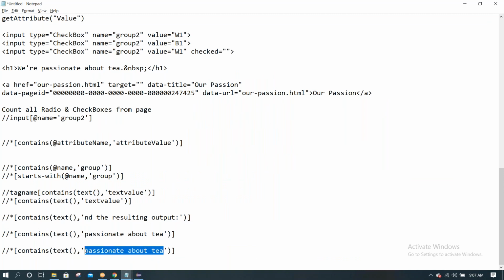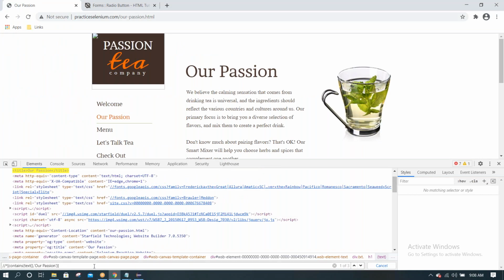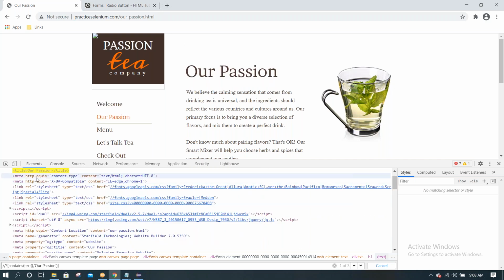Always after writing XPath, check that. Paste it and check. See here, now our passion. This time the contains XPath is giving three links. One is the page title.